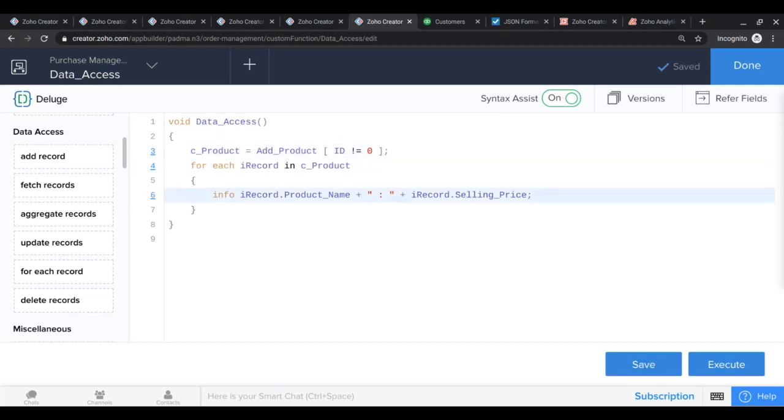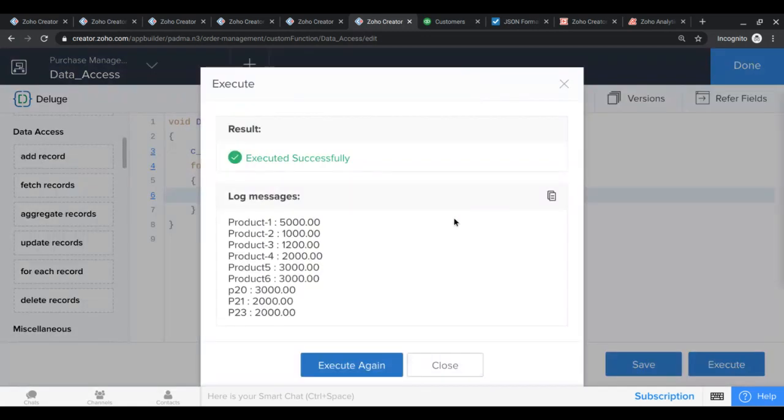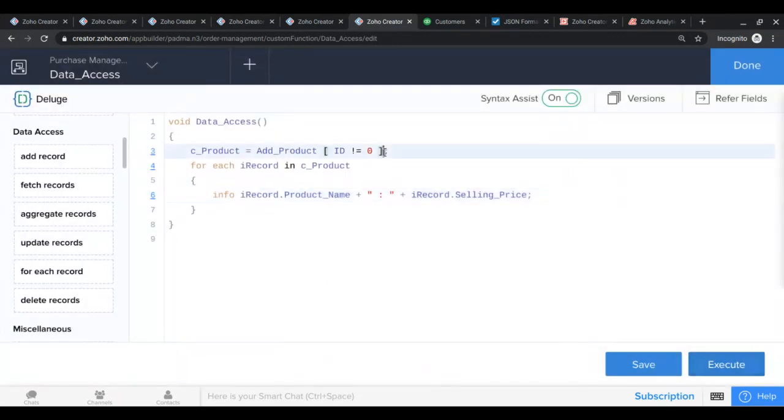Let's first see what value has been printed here. So when I execute this, you can see the list of products available in the application. The first one is the product name and the second one is the selling price. So the order in which you're seeing is in the ascending order. Say, for example, if I want this in a descending order, then I have a syntax called sort by